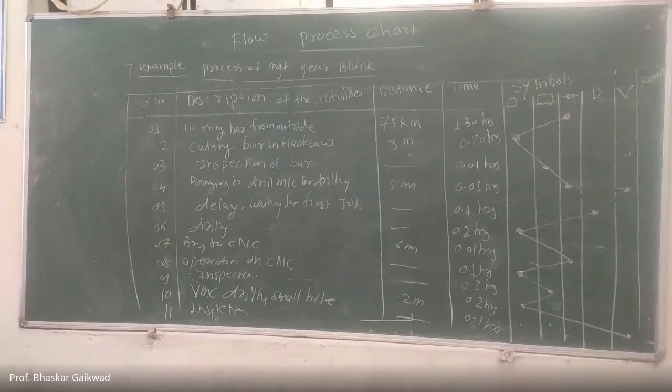Now next we'll go for two-handed process charts. So the next chart is the two-handed process chart. So once again, I will revise the two charts. It comes under method study. First chart, that is the process chart. So what does it contain? Only two symbols we can use. One is the operation symbol and second is inspection. Only operation and inspection, these two parts, and related timing you have to note down.